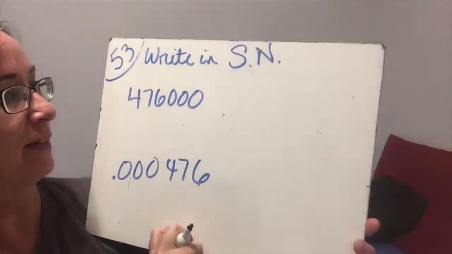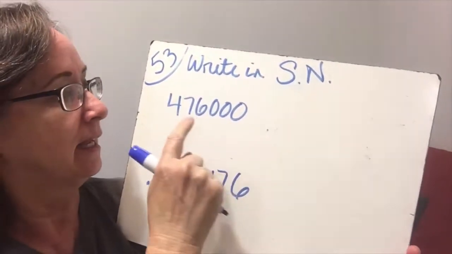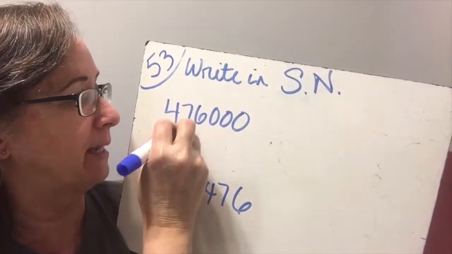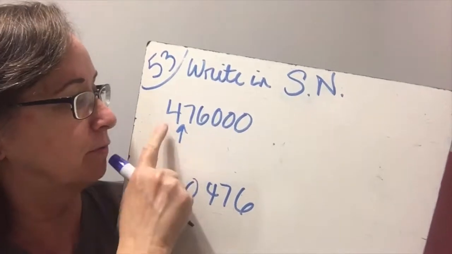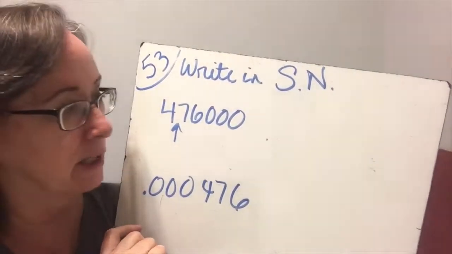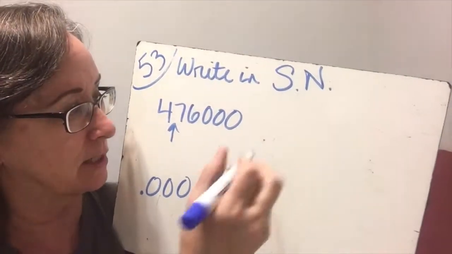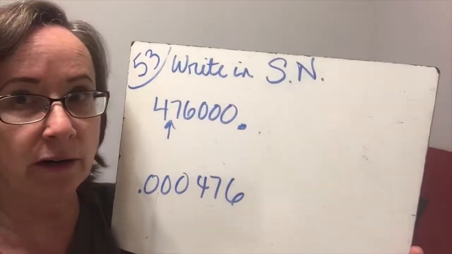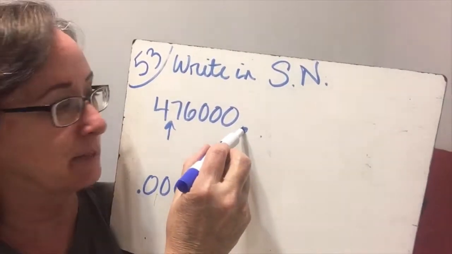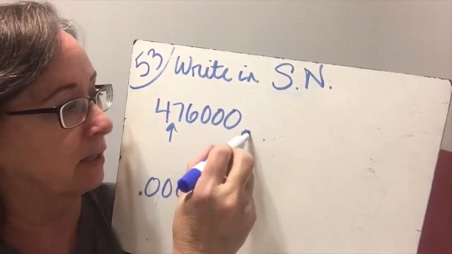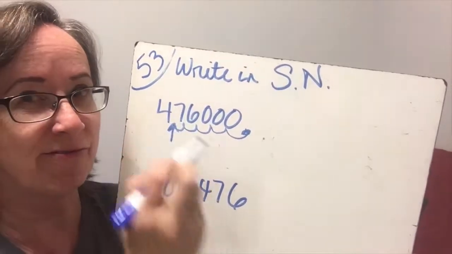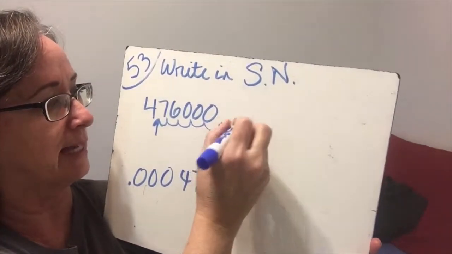All right, so the first one is, we're needing, remember, to put it into scientific notation, we always need the decimal to move right behind the first non-zero digit. And 4 is a non-zero digit. So here is my current position of my decimal. So now I'm going to move the decimal and keep track of the number you move it. 1, 2, 3, 4, 5. I moved it 5 steps to the left to get